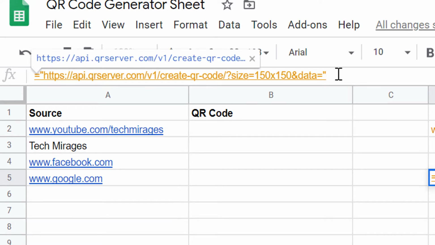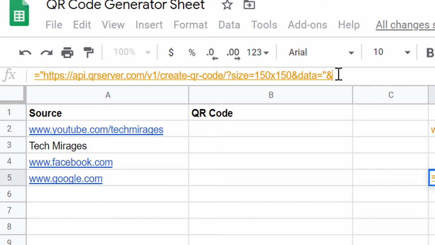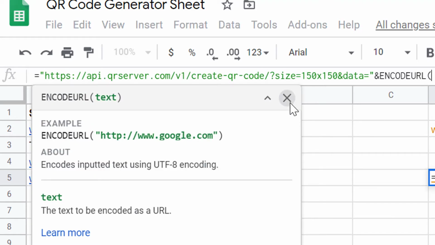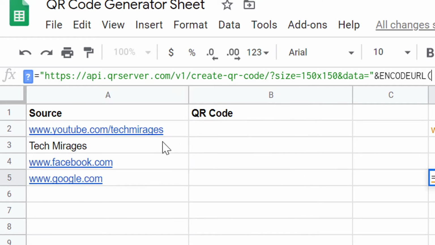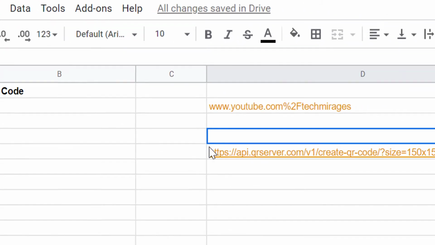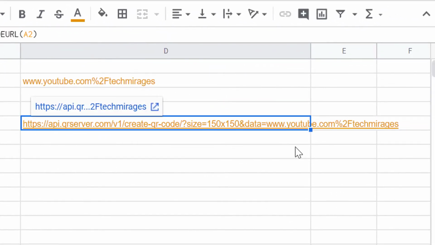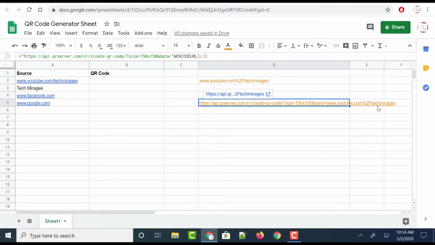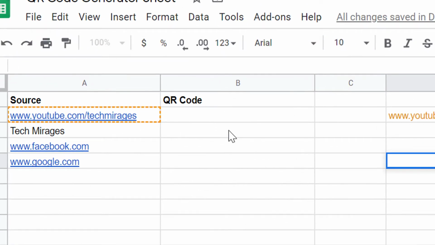To append anything, you need to give an ampersand followed by the ENCODEURL formula. ENCODEURL expects a URL, which is in cell A2. Just select that cell and hit enter. And you can find the API URL with the encoded URL appended to it. Now we will generate QR code for this URL. So copy the formula and paste it at the respective cell.